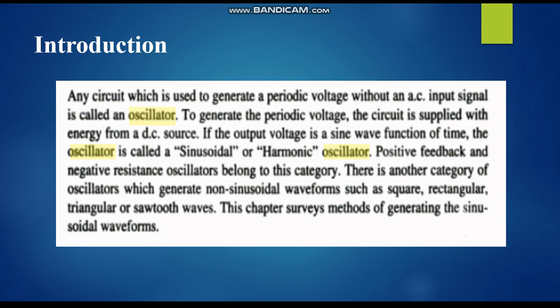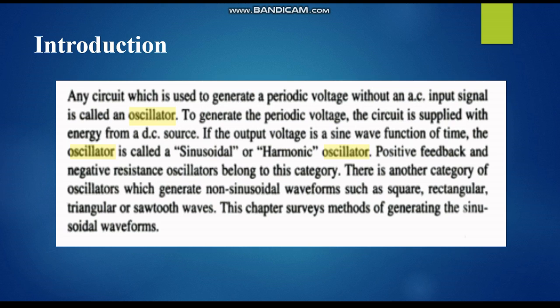An oscillator does not require any input signal. An electrical device, the alternator, generates a sinusoidal voltage at a desired frequency of 50 Hz, but an electronic oscillator is going to generate a voltage of any desired waveform at any frequency. So it can use high frequencies up to gigahertz.